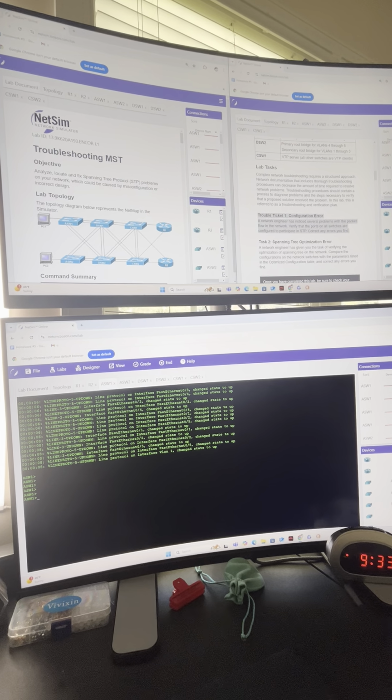So let's go ahead and get into trouble ticket number 1. It says configuration error. A network engineer has noticed several problems with packet flow in the network. Verify that ports on all switches are configured to participate in STP and correct any errors you find. Okay, so let's go to A switch 1. Let's do an enable and let's do a show